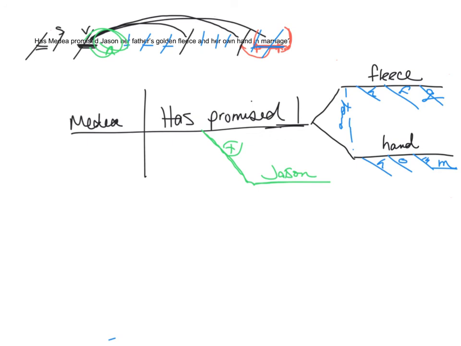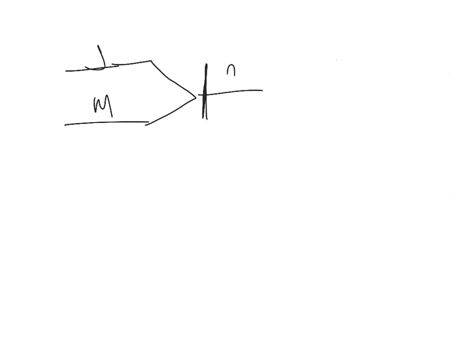One more, and that one is so easy. I'm going extra fast on it. Okay, so in that one, we have Jason and Medea, two subjects brought together. Fed, make sure that line goes all the way through. Fed, what did they feed? Okay, they fed meat to the dragon. No, we don't have the word to there, which is why we have an unknown. So they fed the dragon